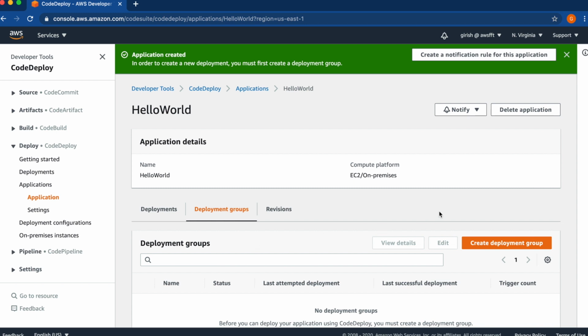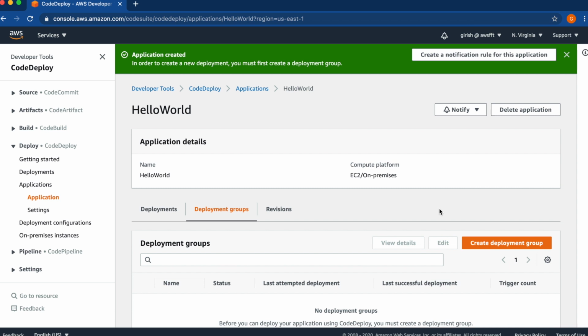So you can see that once you create the application, then you should create a deployment group. A deployment group is nothing but a logical entity which helps us tell where to deploy your code. For example, if you have EC2 instances, and those are development instances, say you have 5 EC2 instances, you have to have some way to tell CodeDeploy about these 5 servers. How to group those 5 servers, we'll see in a moment. So here we have to create a deployment group.